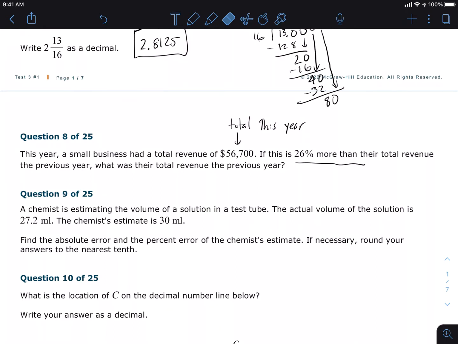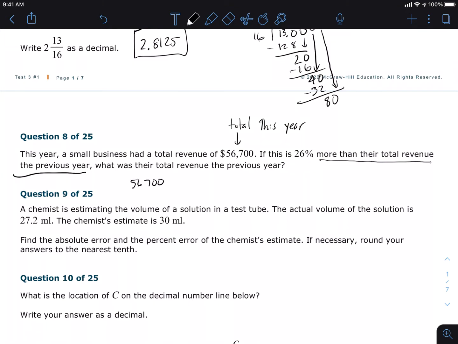Do we have to add 100 plus 120? That's correct. I was just about to point that out. It's more than, and that's where I messed up. It's more than the total revenue of the previous year. So I was basing it off of 26% off of the current year, and so that's the difference. So it would be